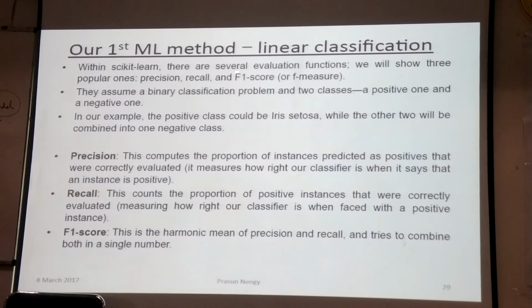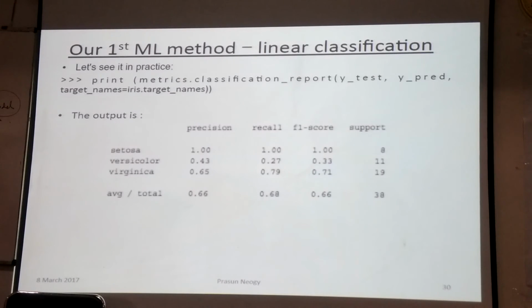With scikit-learn, there are several evaluation functions. We will show three popular ones: precision, recall, and F1 score. They assume binary classification problems with two classes. Here are the definitions of precision, recall, and F1, and we can use them in practice. Print metrics.classification_report, y test, y pred, with target names as this, and the output is this. So precision, recall, F1 and support. This table shows